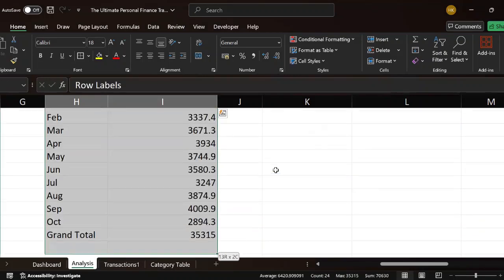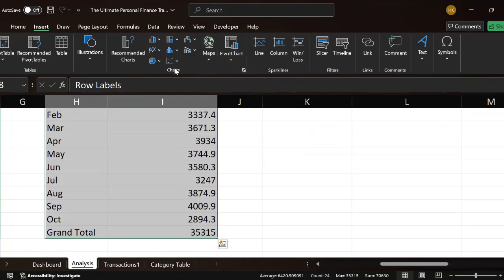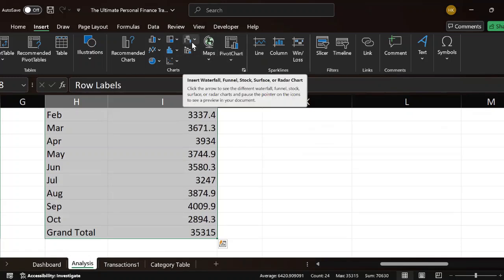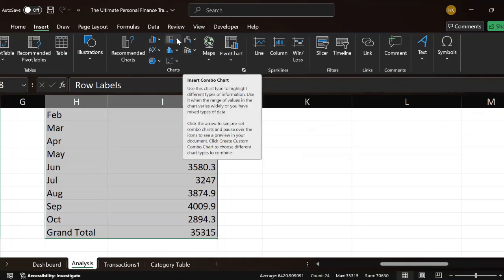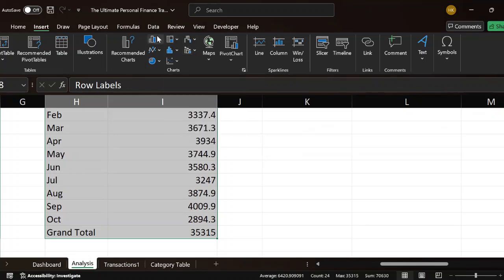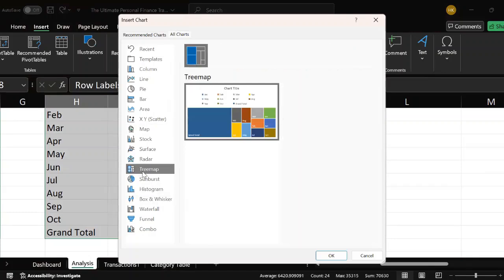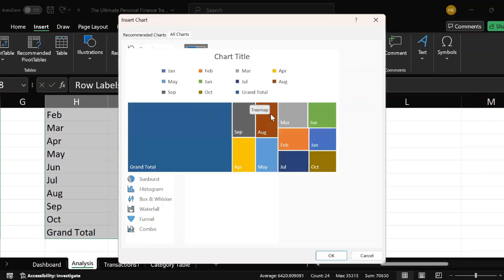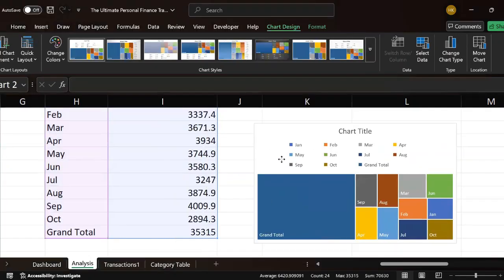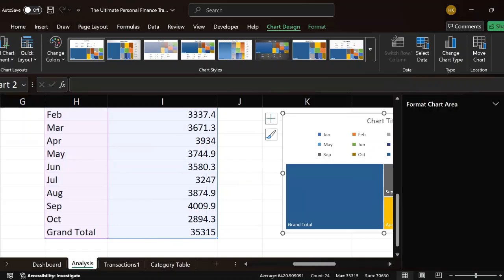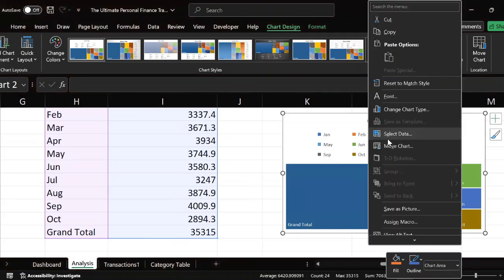I go to the insert, I go to the tree map. We don't have tree map here, so I will go to all charts and this one. Okay, tree map is this. And again, the same way, right click, go to select data,